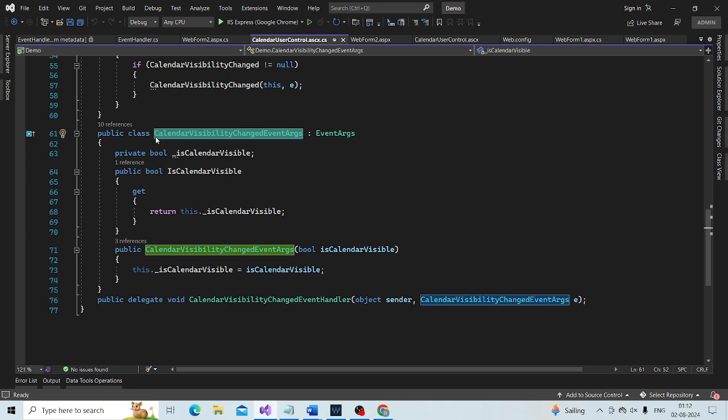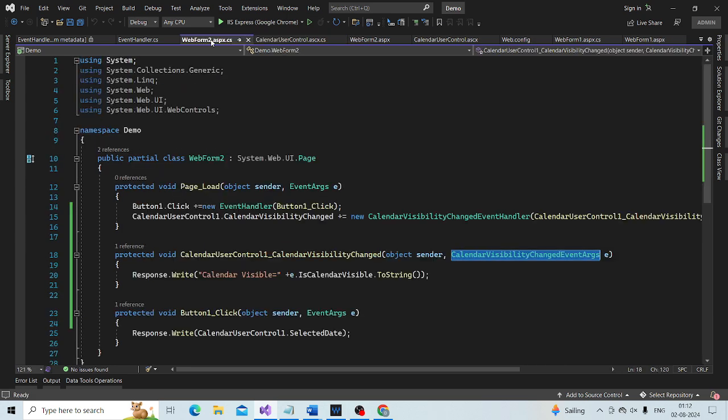So what is the use of this class, CalendarVisibilityChangeEventArgs?